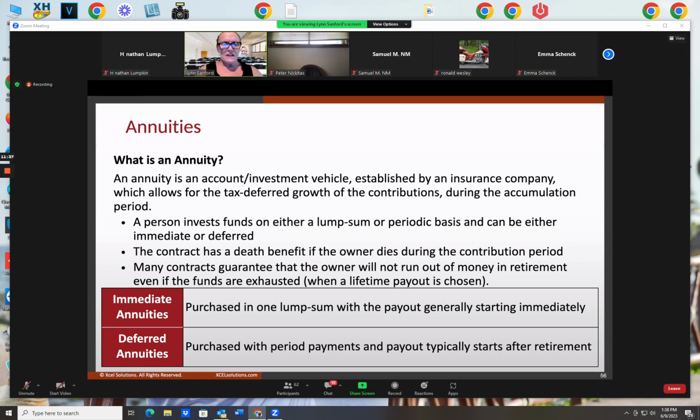So a person can invest funds in a lump sum by dropping in a certain amount of money. Maybe you sold off your boat, or your vacation home, or a piece of land that you intended to build a house on, but now you don't want to build there. So you sell the piece of land. You sell this asset and you have a lump sum of money to do something with. What better place to place it than an annuity and let it grow tax deferred for you for retirement purposes